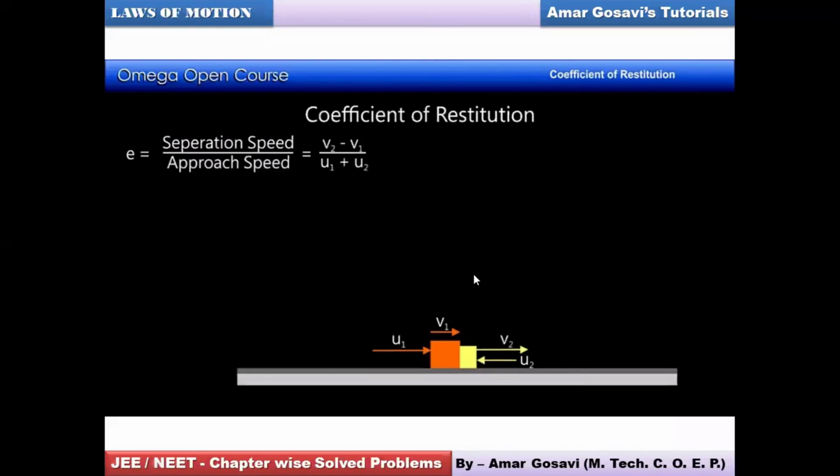Hopefully you understood how the signs are being applied. The same formula is getting changed according to the situations. So in problems also the situations change, and therefore you should be in a position to apply the concept. That is more important, and that's why I've shown you a situation where the denominator has become u1 plus u2 instead of u1 minus u2 as per our regular procedure. Okay, hopefully done. So let's move ahead then.